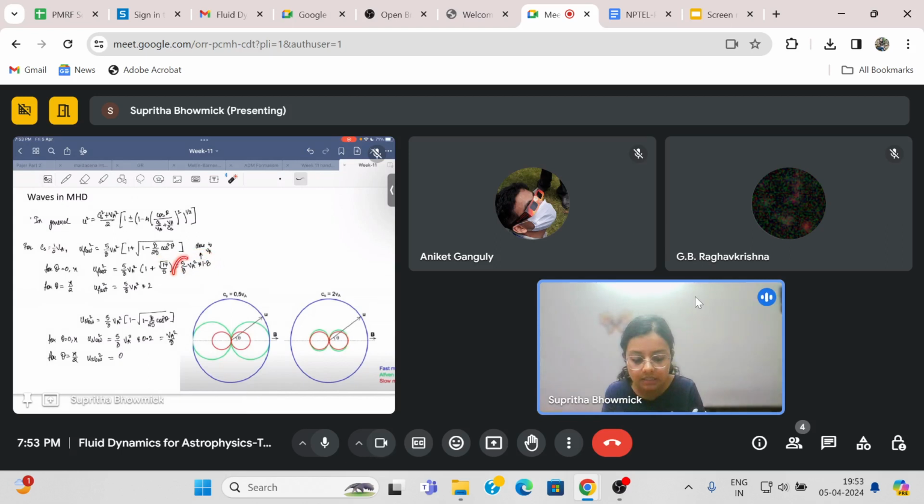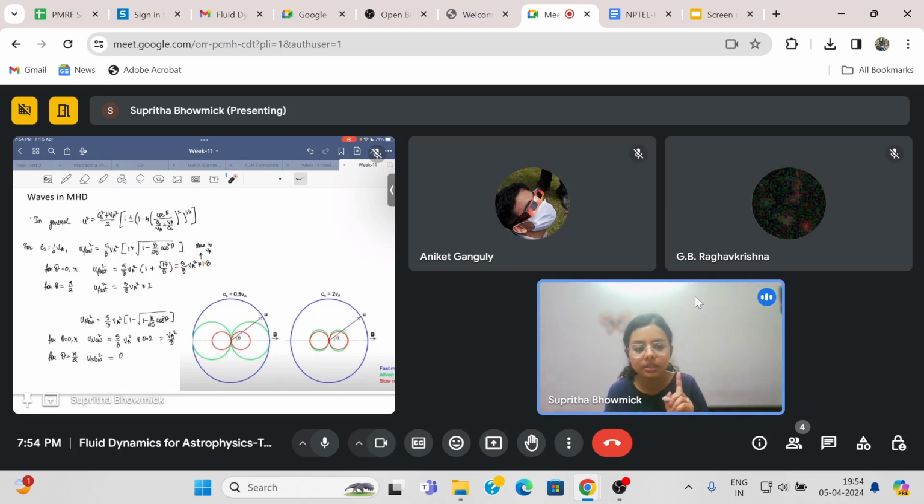In fact, this is actually 4.444 VA square. So you see that for theta equals 0, the value of u is very close to VA. In fact, in this diagram, it coincides exactly with VA, right? But understand that for theta equals 0, this is very close to VA, where VA is this green line.